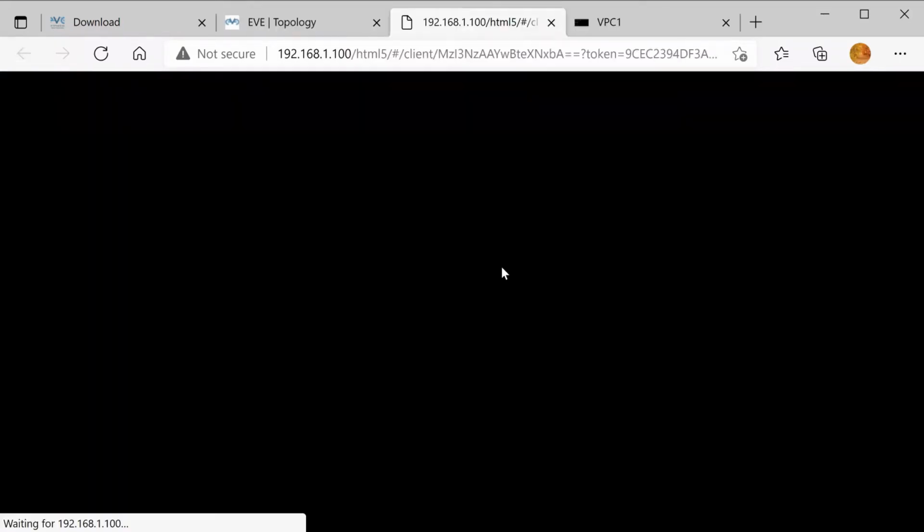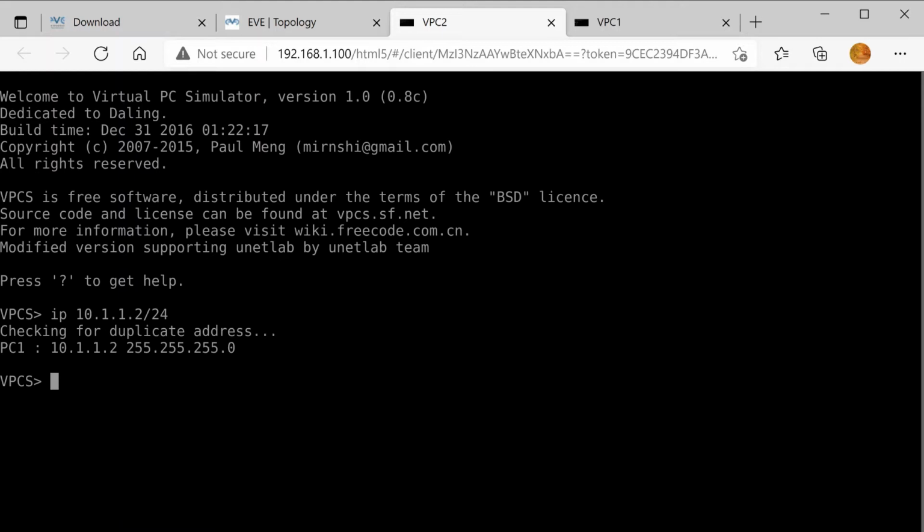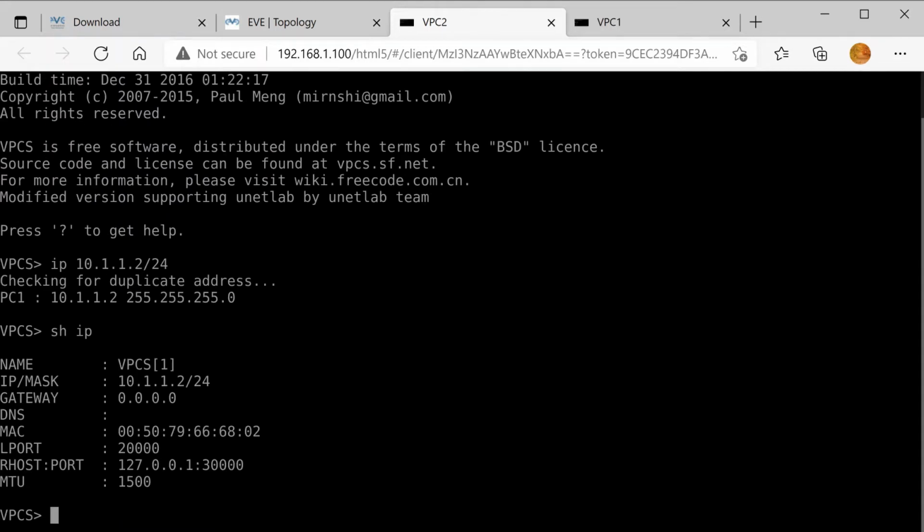Now we will assign it to VPC2. Double click. Assign IP 10.1.1.2/24. It is assigned.